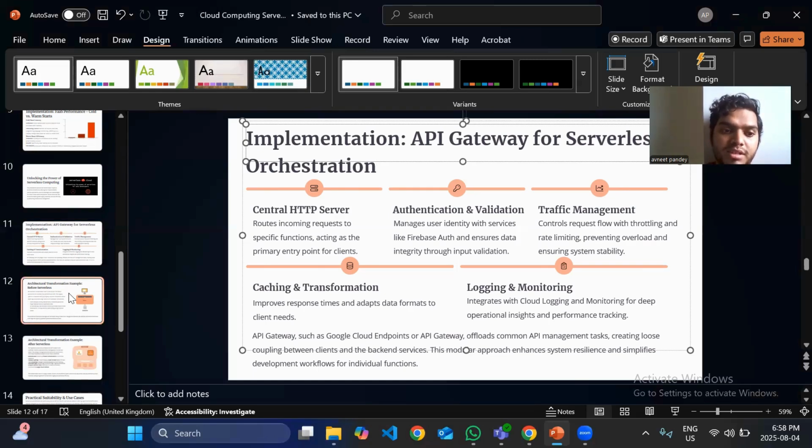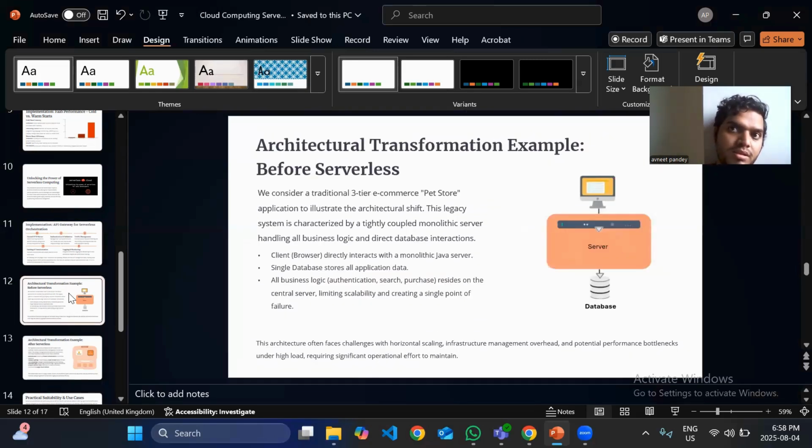Yes, the project that we have been given took a traditional example of a pet store. They have a complete website where all the details of the pets are stored, all the food items related to the pets, and all the information that is beneficial for the pets is stored on that website. And before the serverless function, they were using a two-way architecture where the call comes from a front end, the server calls the database and the data is written back. So it's like a two-way architecture